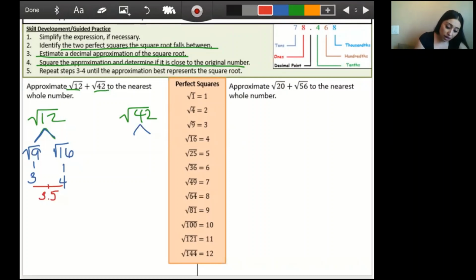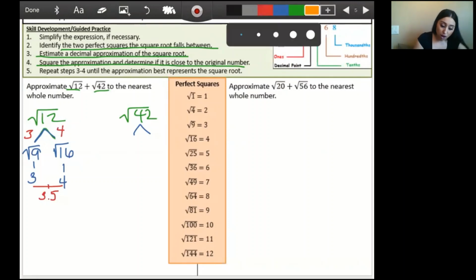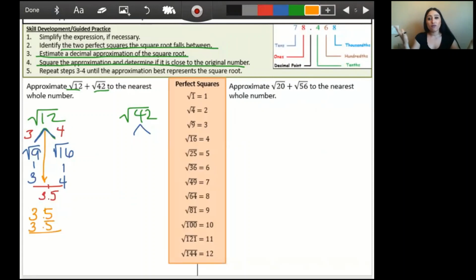So the square root of 9 is only 3 units away from the square root of 12. The square root of 12 is only 4 units away from the square root of 16. So I know it's kind of down the middle. So I'm going to start off with 3.5. 3.5 times 3.5. Now, 3 and 4 is really close together, so that's why I started with 3.5. I'm going to multiply those two parts, and I have 3.5 times 3.5 is about